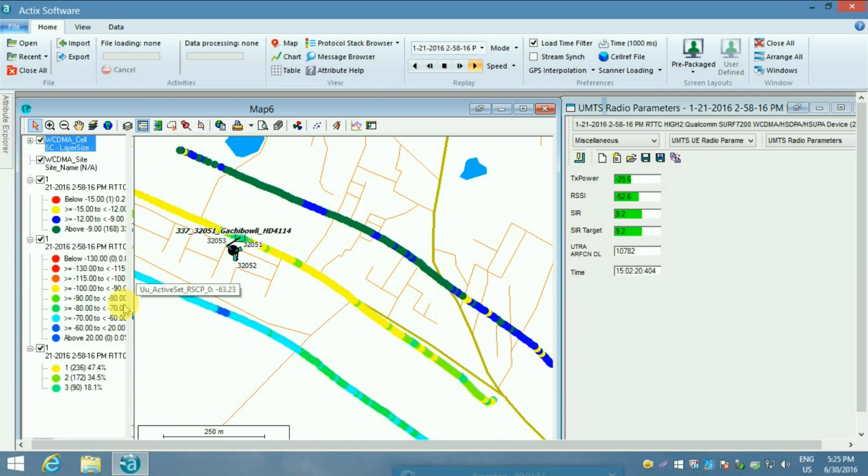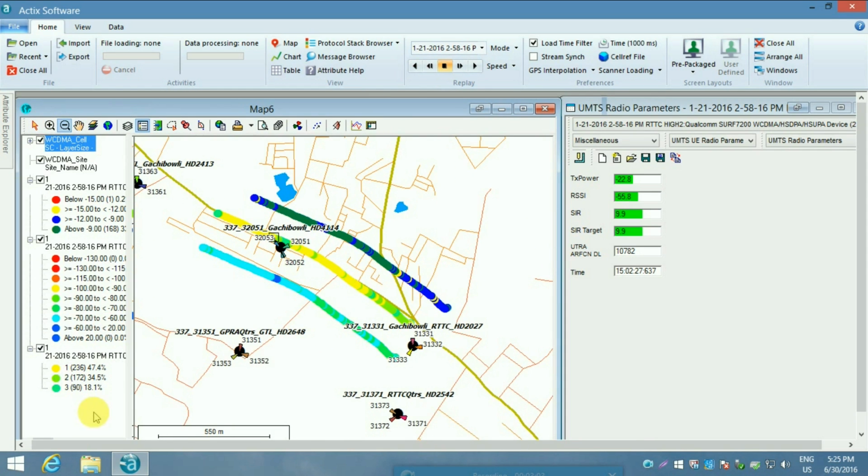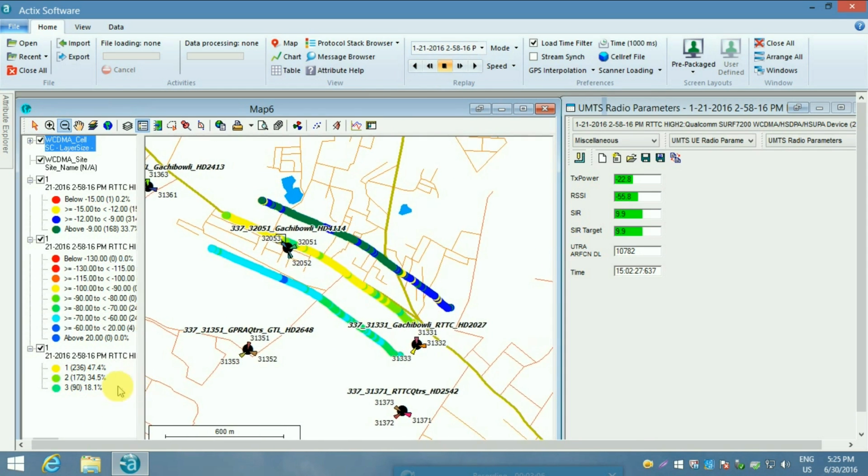It is to be observed that yellow is the area which is covered by one cell, while green, light green, blue, and dark green are covered by 2 to 3 cells. Here it is clear that it's one, while it's covered by 2 areas, so it is shown in active set. Thus, it refers to the number of base stations or sectors actively serving the mobile station at a position or at a point of time.